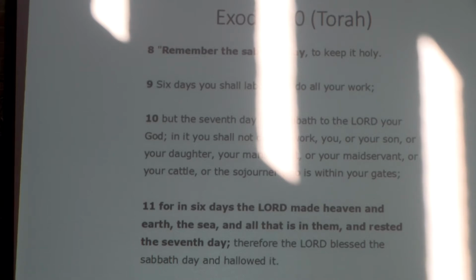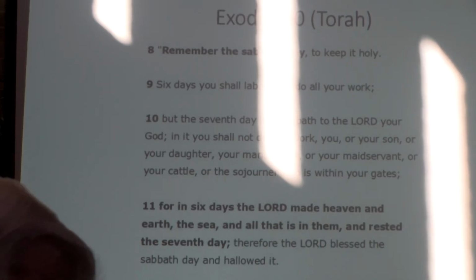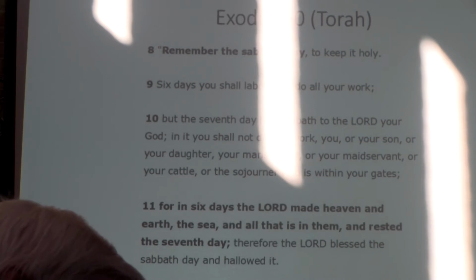Now, how many of you learned the Ten Commandments that way? I did. The fact that we had a Sabbath, because it tells us in the Ten Commandments that God had created the whole creation in six days and then rested the seventh day, and we are to rest the seventh day. However, when you go to